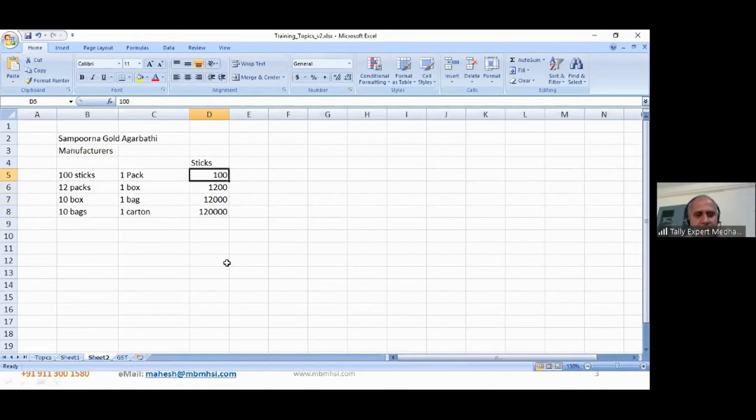Now if you want to maintain this in Tally, how do you do this? Tomorrow, if you want to know how many sticks are lying in my stock, while you might be selling in cartons, you could configure this by using compound unit of measures.